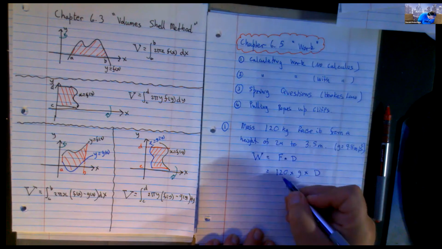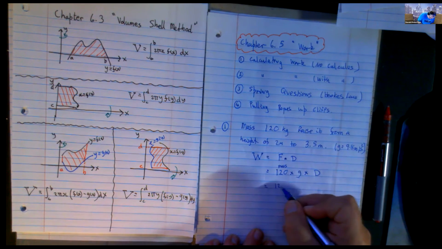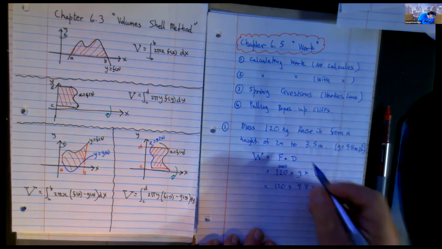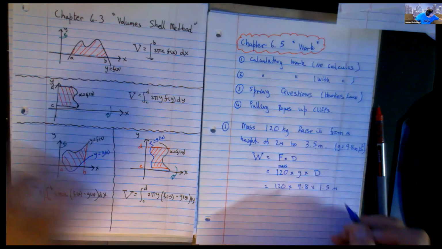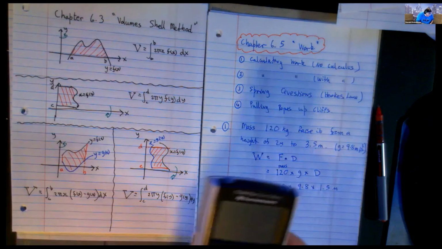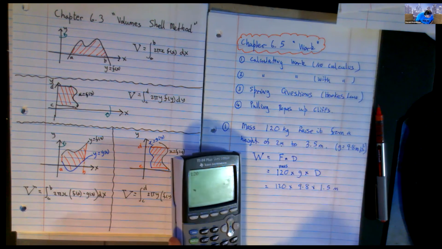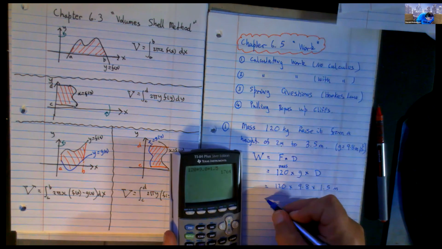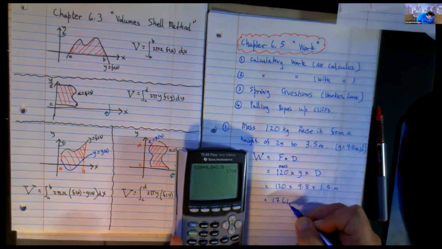So it's going to be 120 times a fixed number, 9.8 in this case. And the distance from here to here is 1.5 meters. And then you put the whole thing together and you get 120 times 9.8 times 1.5. And the answer I get is 1764. And the units